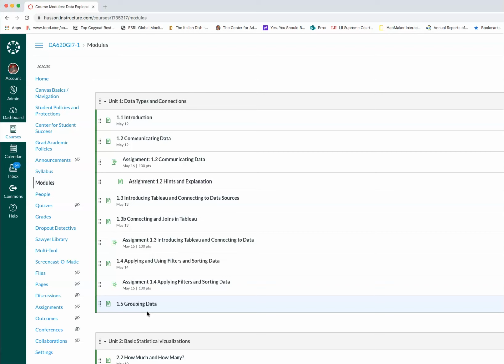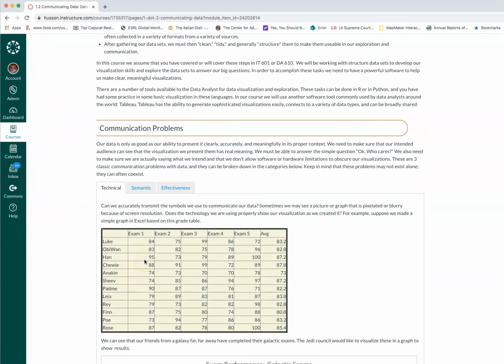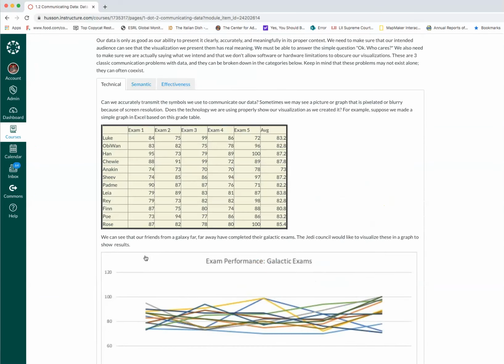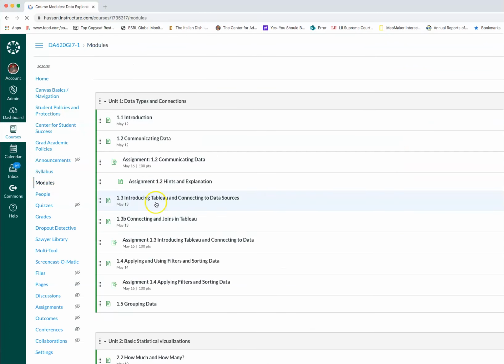Additionally, one of the other things you'll find is that at the start of every section, you'll see an estimated time to complete. So will every student spend this much time on these categories? No, some may spend more, some may spend less, but I wanted to give you a rough estimate. There's no shortcut to learning some of this stuff, and I'm trying to make it as easy as possible.